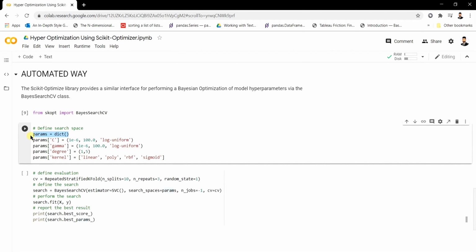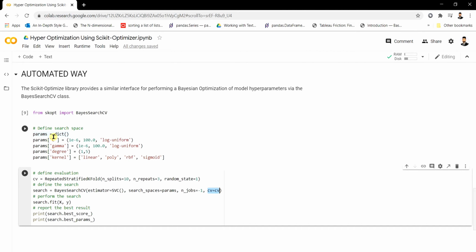And we give cv equal to cv, which is the RepeatedStratifiedKFold. It takes all these parameters inside BayesSearchCV, and we save everything in a search variable. Finally we do search.fit on our data, which we have saved in the X and y variables. So let us run it, and all of this is being done in an automated way.